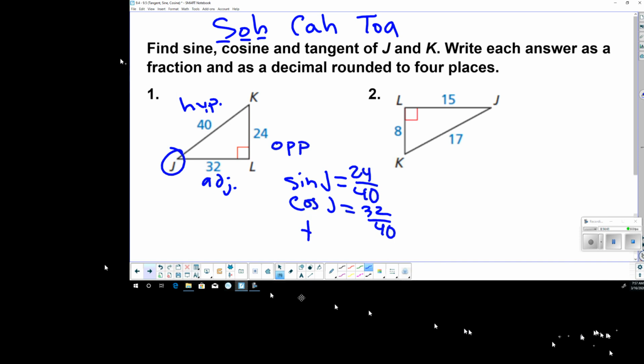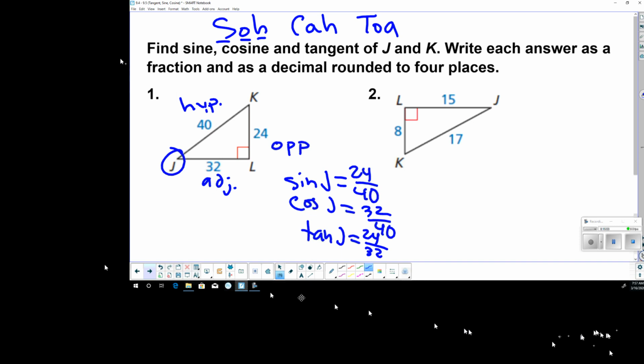And the tangent of j is equal to opposite over adjacent, which is 24 over 32. Normally we'd reduce those, and you can if you want, or you can change them to decimals. If you want to try number 2, I'm going to skip past that, but you're free to, just to make sure you got those 3